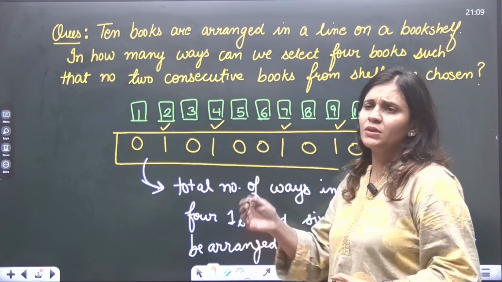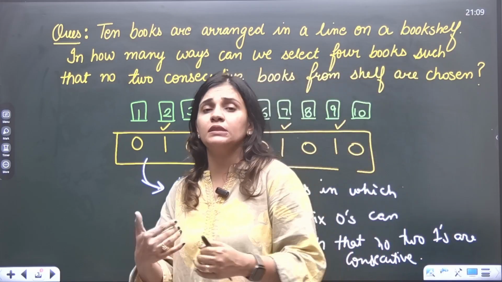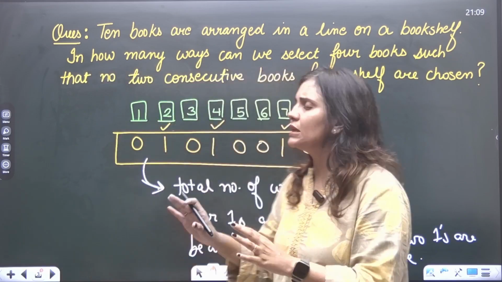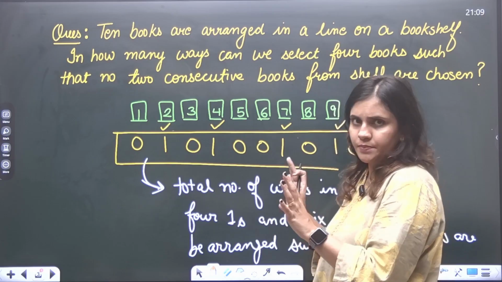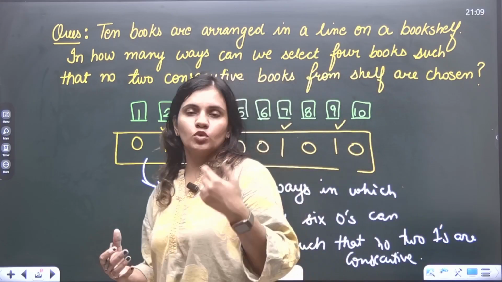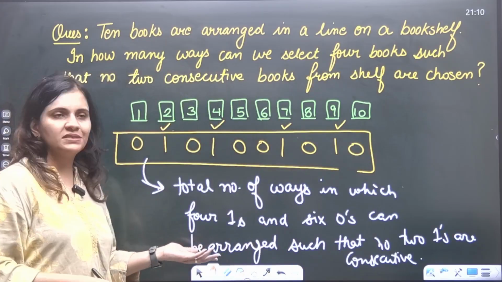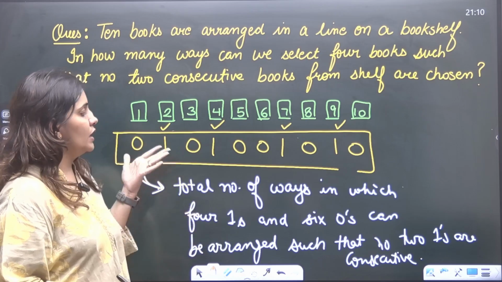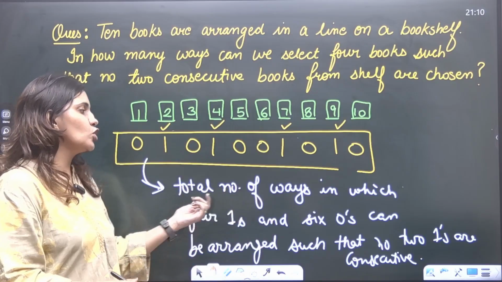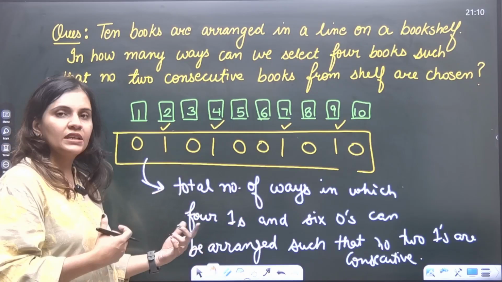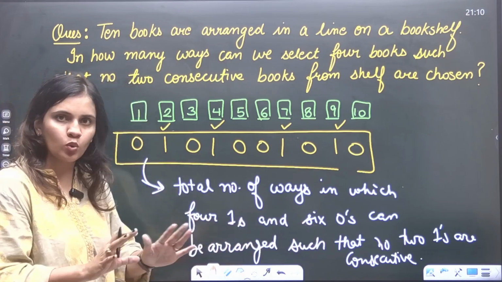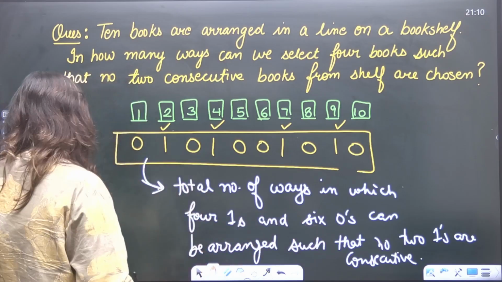And in general, because students till grade 10 don't understand sets very well, for them I'll just say to consider it as a binary sequence only, that the different binary sequences we have to form give our answer. Now let's do basic PNC here. This is the question left: in how many total ways can I arrange 4 1s and 6 zeros such that no 2 1s are consecutive? So it's very simple.